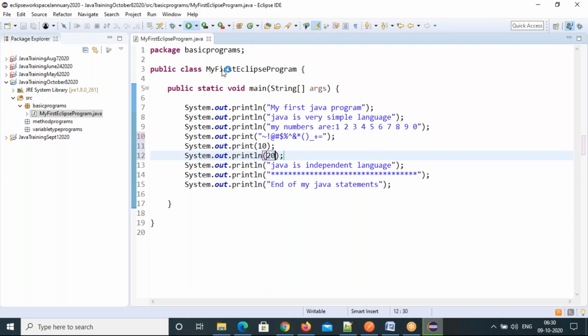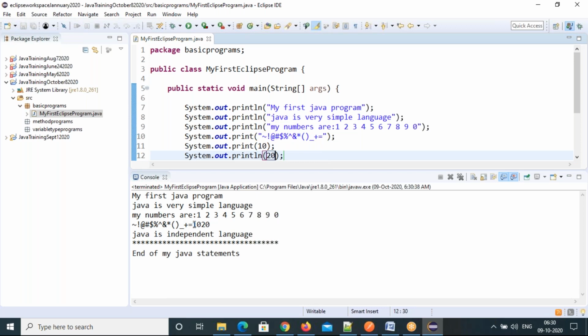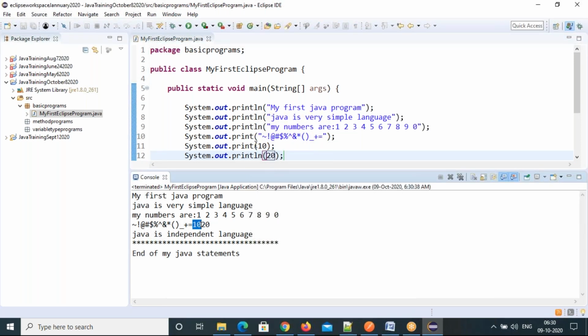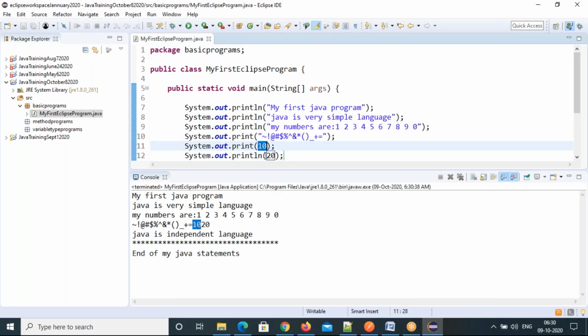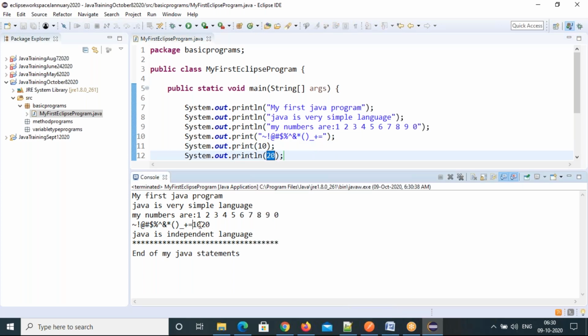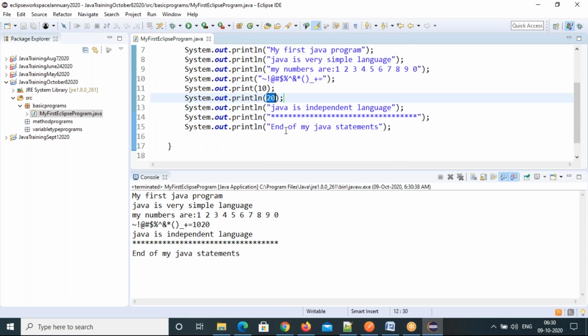See that you can execute this. Here 10 is printed with the print method we have taken, right? That's why the next value, 20, is printing on the same line. Why? Because we took the print method, which just prints on the same line. That's it. So concatenation is different, only for strings. Here the output is just coming in the same line if you take the print method.